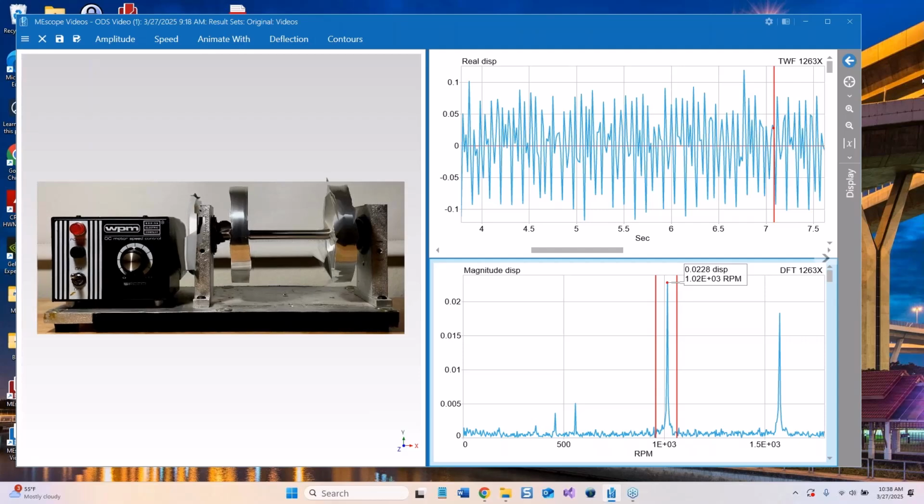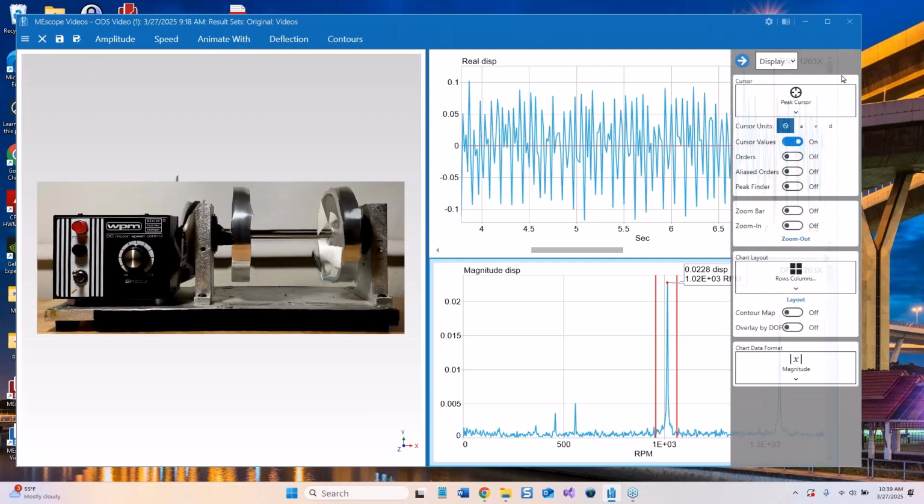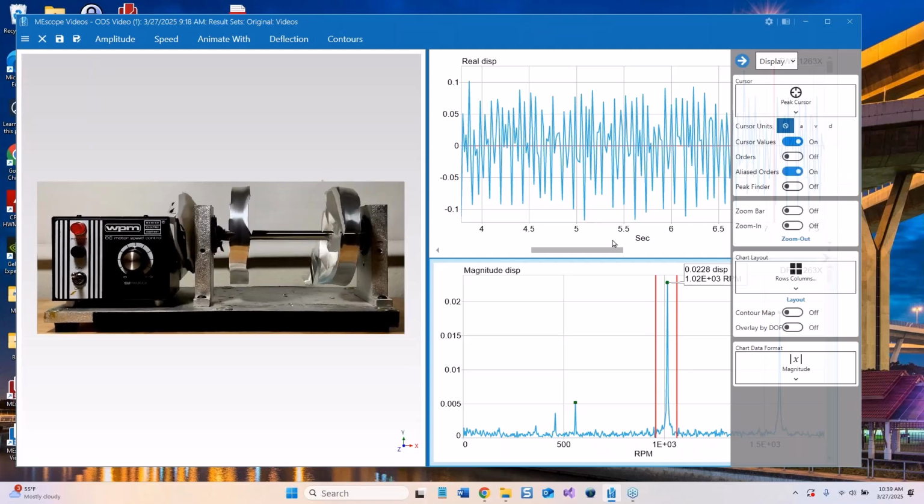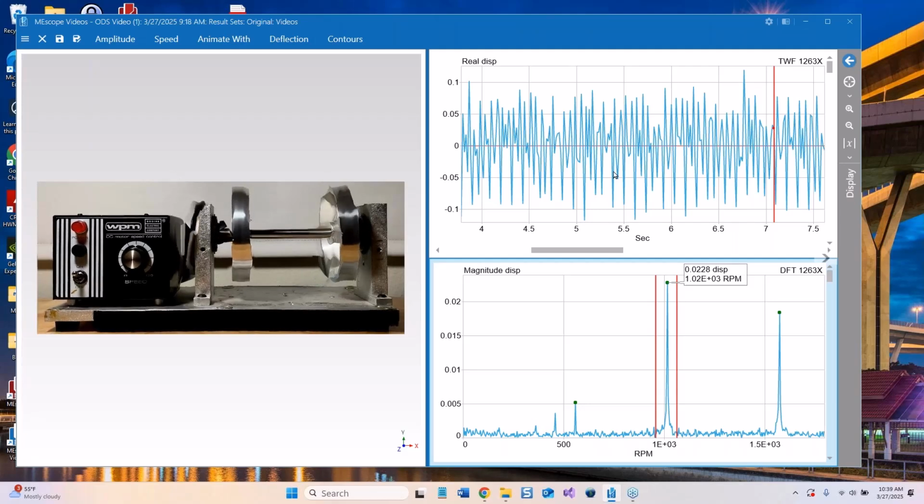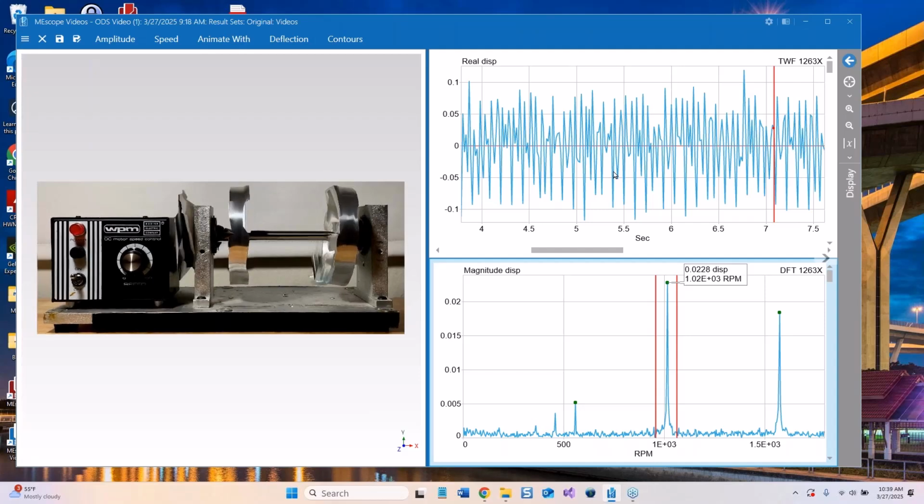And now up here I have another command that says alias orders. So I'm going to turn that on. So here is an issue that you have to keep in mind when you sample at lower frequencies. Also, an FFT analyzer or a spectrum analyzer or a